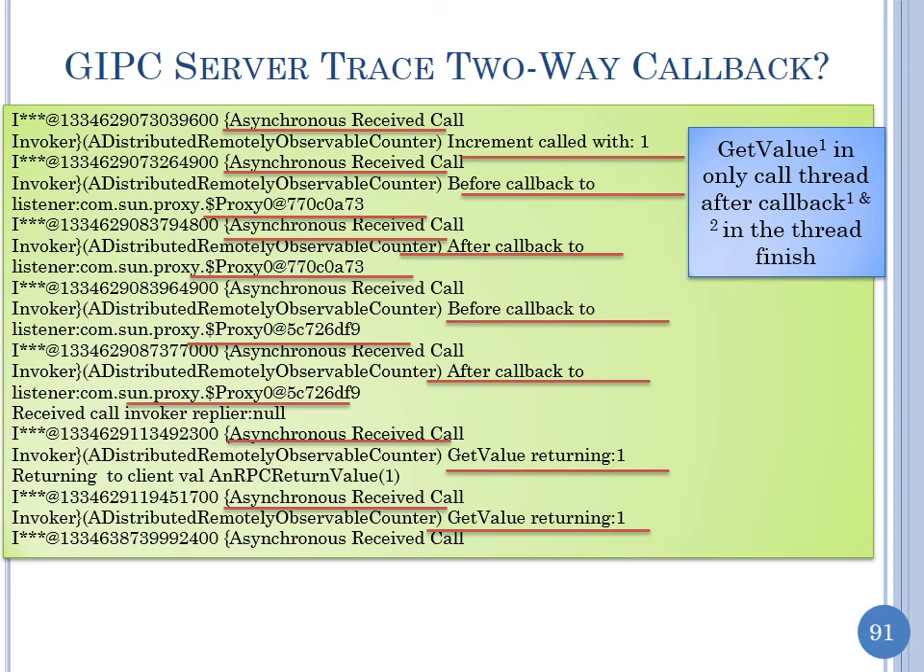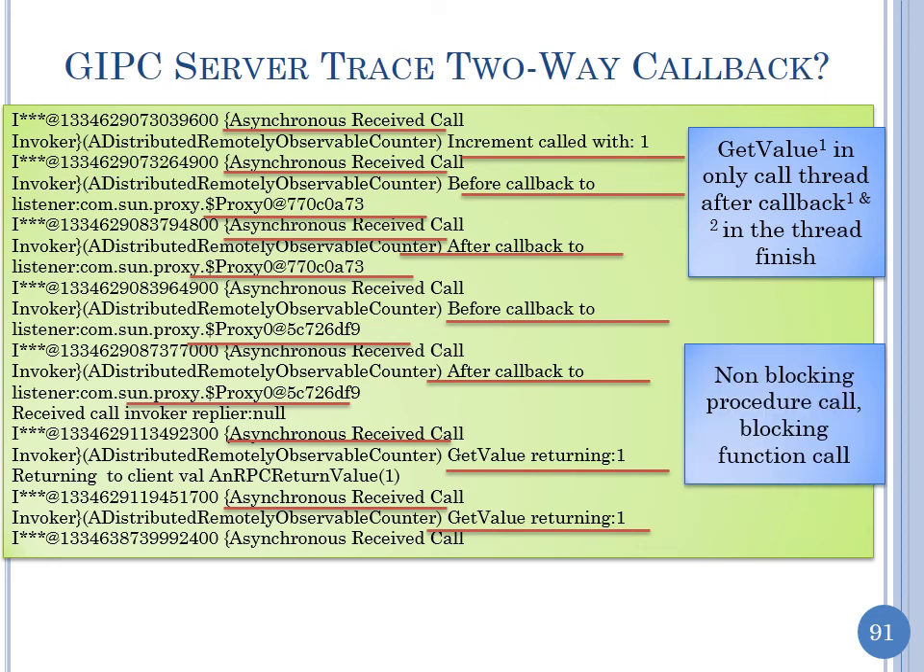So get value in thread. Okay, this needs rewriting. There's only one thread, so I shouldn't have thread 1 and thread 2. The first get value occurs after both callbacks finish. That's what I'm trying to say. And so get value has hopefully worked correctly,